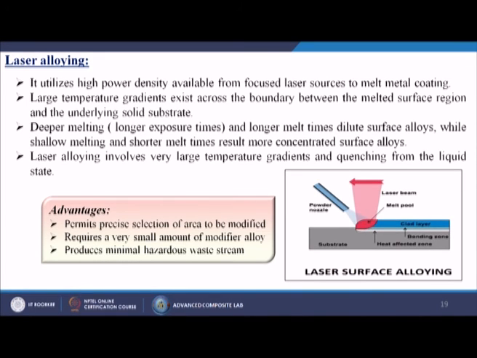If your surface area is larger, your energy generation will be more, so the material melting will be more, and if your focusing area is smaller, the heat deposition will automatically be less, so you can go for a small area. Advantages: it permits precise selection of the area to be modified, requires a very small amount of modifier alloy, and produces a minimal hazardous waste stream.